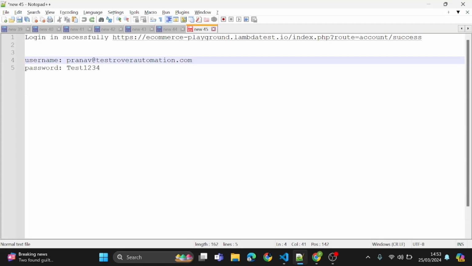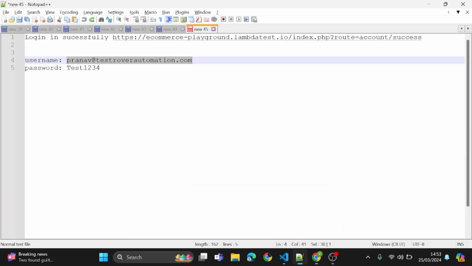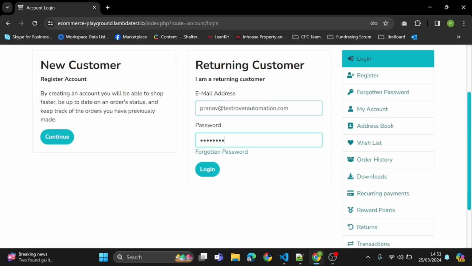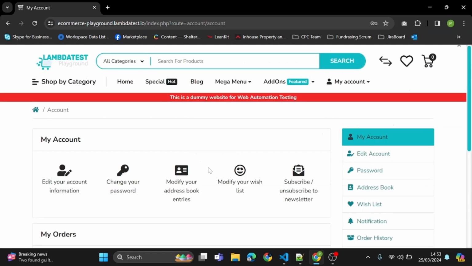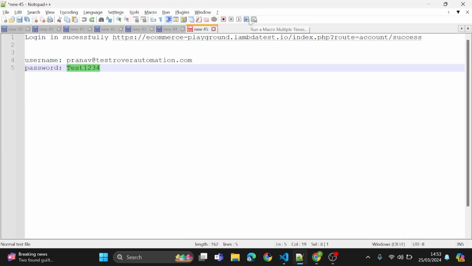Let's try to log in and check our data. Sorry, give me a second. Control C. I'll log into my account with test1234, this is my password, and login. When I log in, can you see what is happening here? It's an e-commerce background. So we can use this route, account hyphen account, right? So we're just going to copy this from here, and